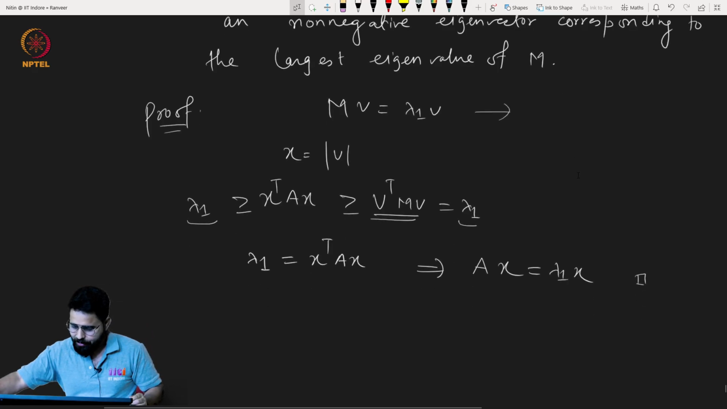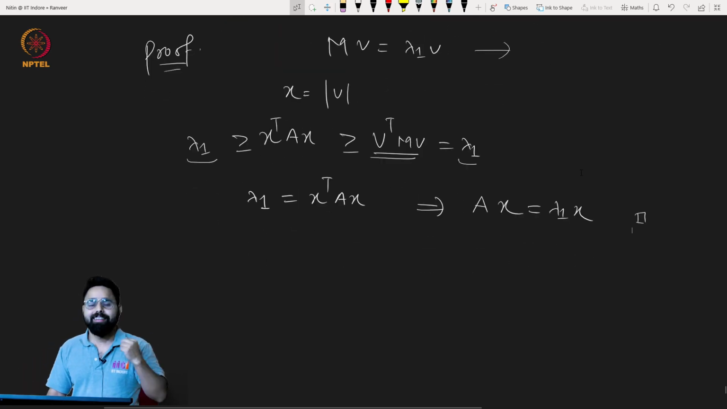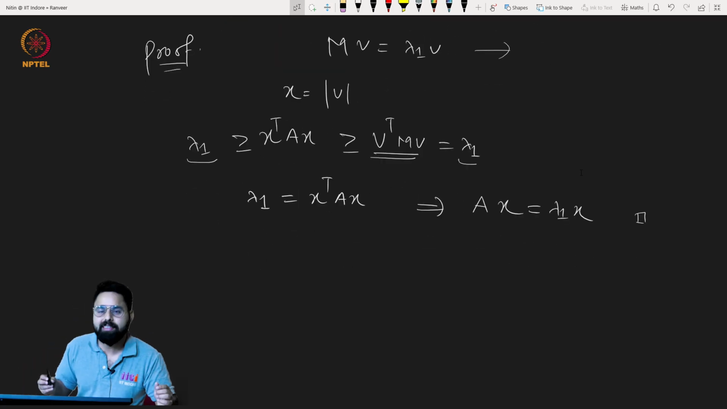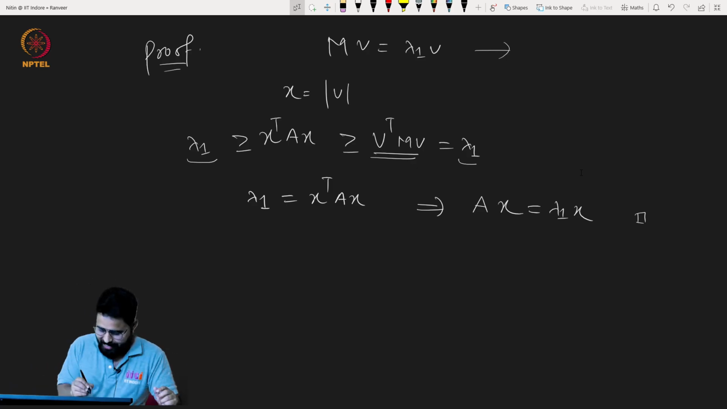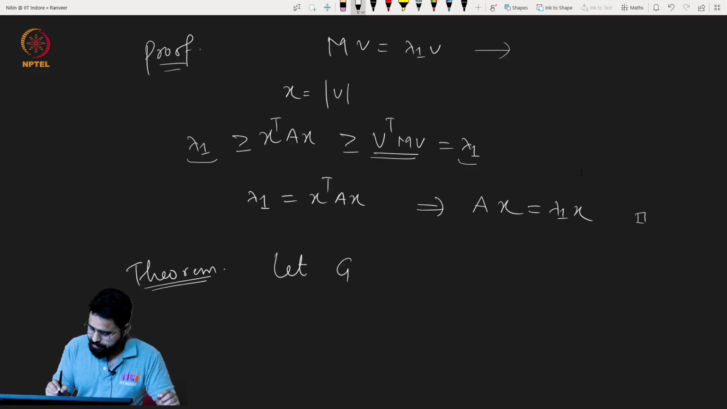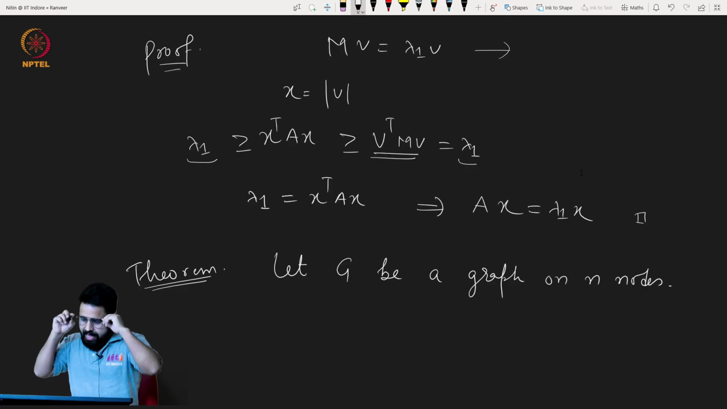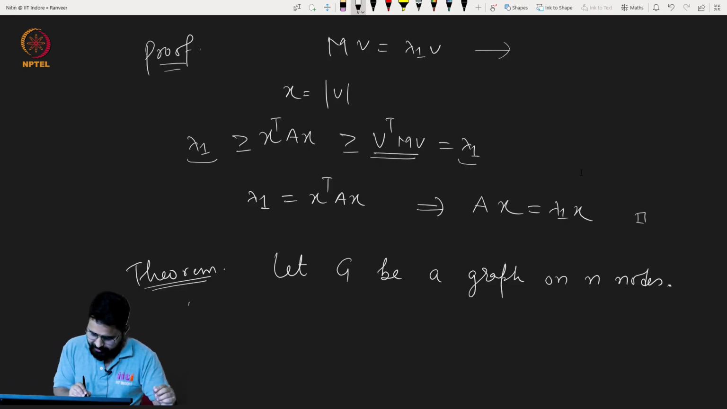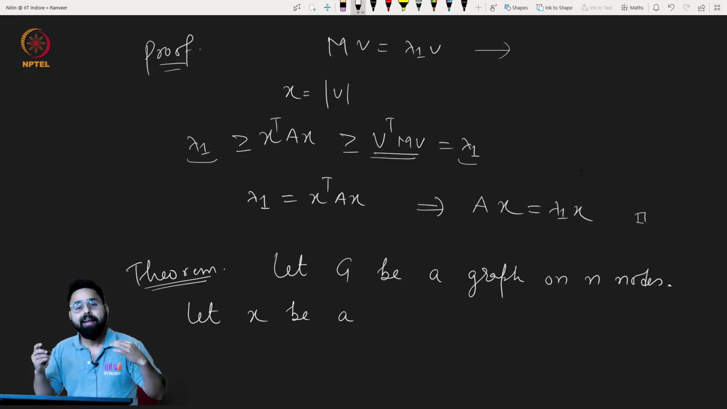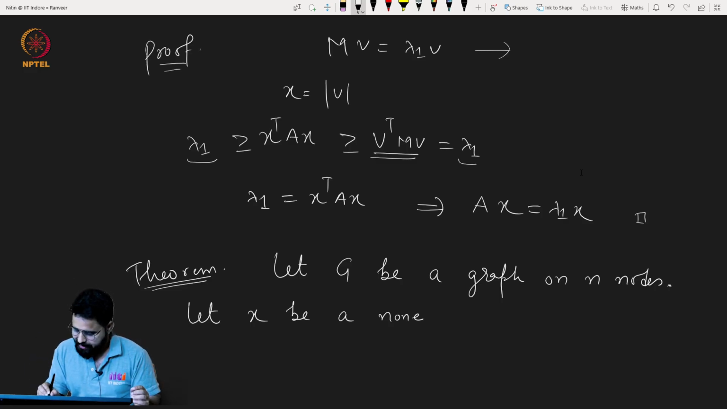Okay, so let us move on to another nice result, which is about the connectivity of a graph. The result is this. Let G be a graph on n nodes or vertices. Let x be a non-negative eigenvector